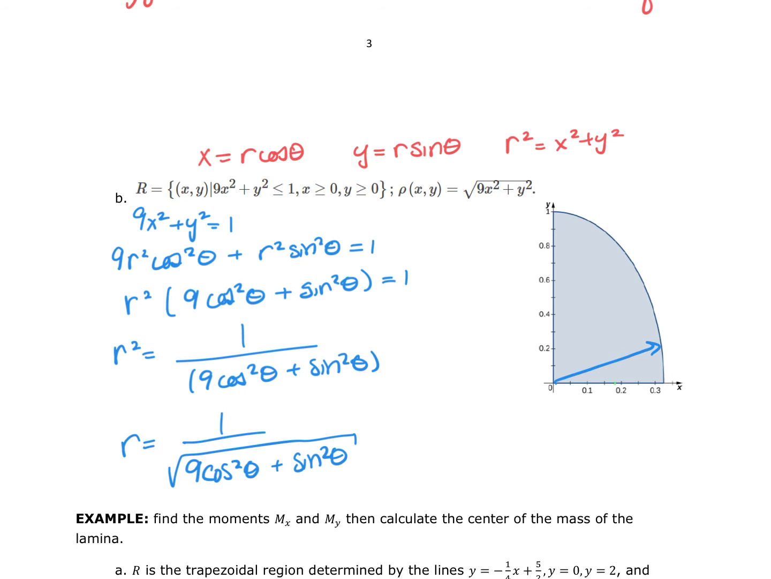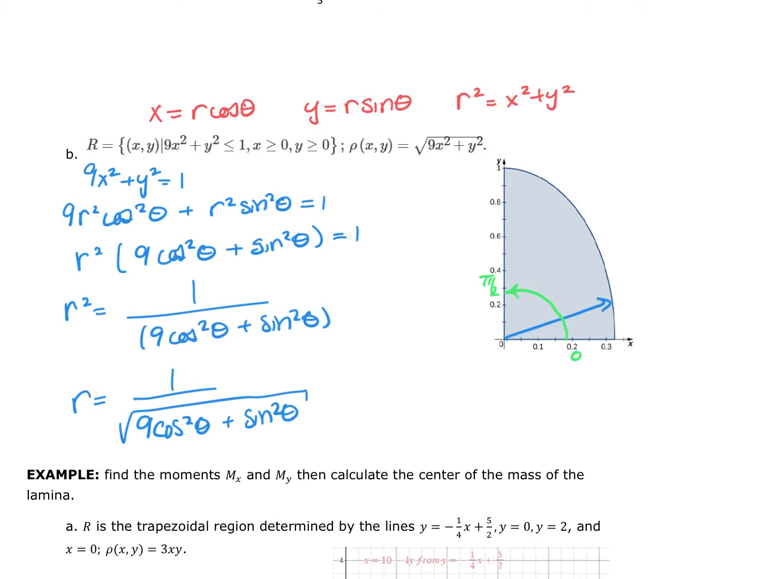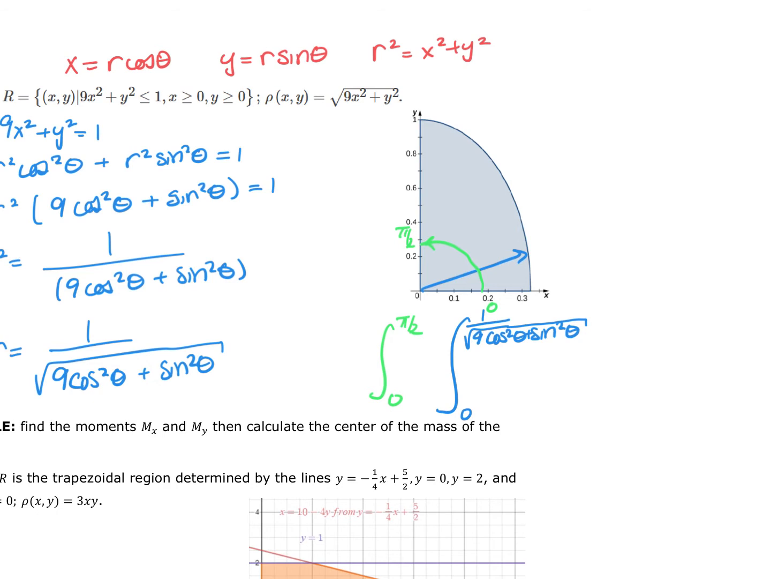Now, my angle of rotation is between 0 and pi halves. So I'm going to integrate last my theta, so from 0 to pi halves. My r is going to go from 0 to 1 over the square root of 9 cosine squared theta plus sine squared theta. Now, that one seems awful, but it's not too bad. Don't forget, every time I do polar, I need an r dr d theta. I'll do theta last. So d theta